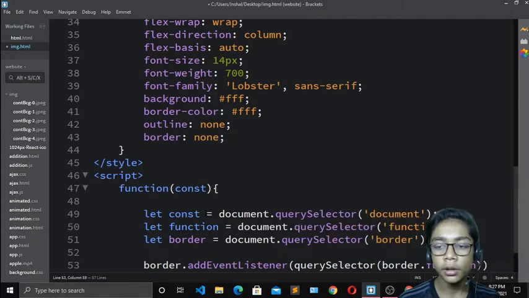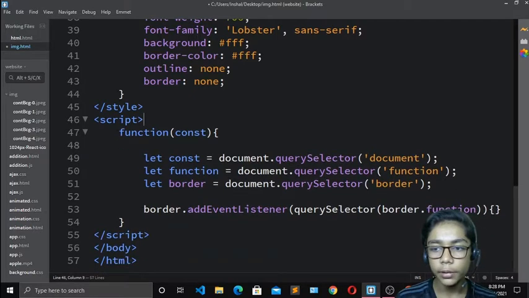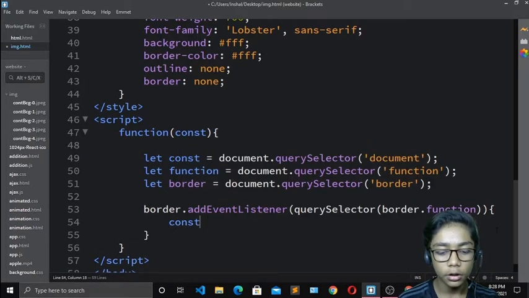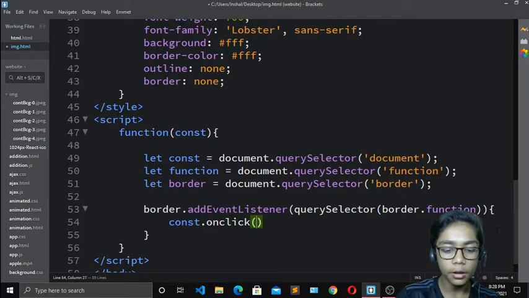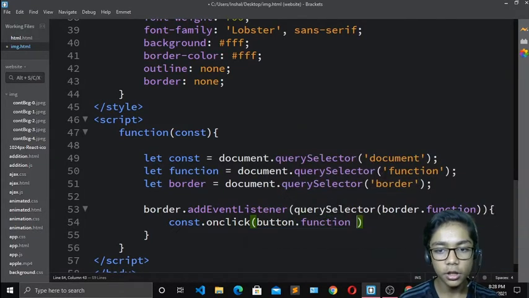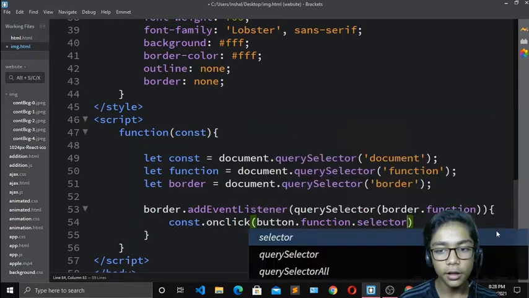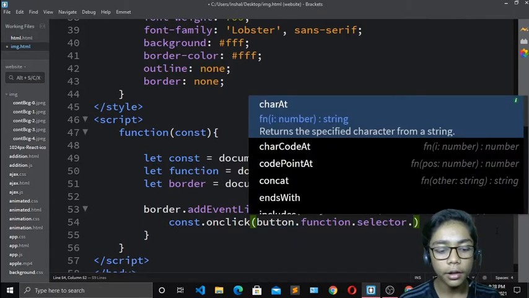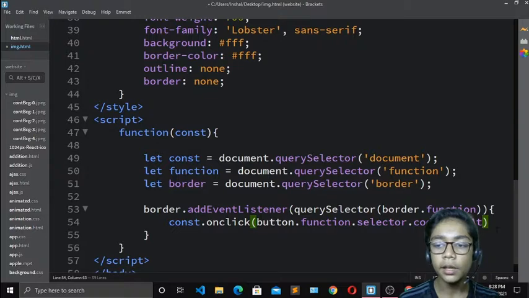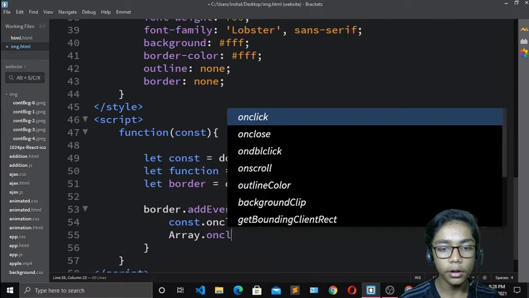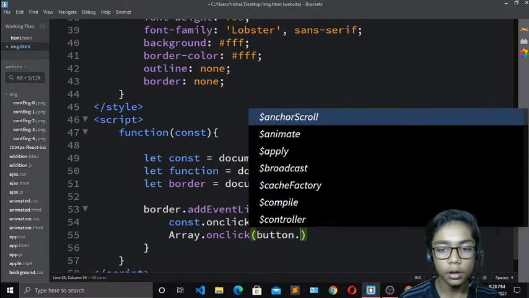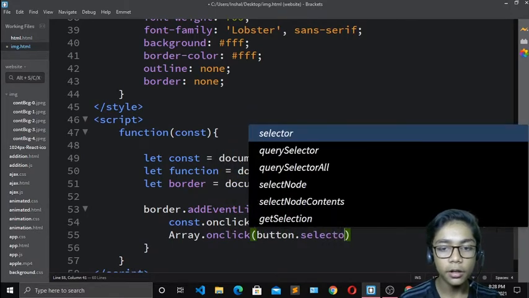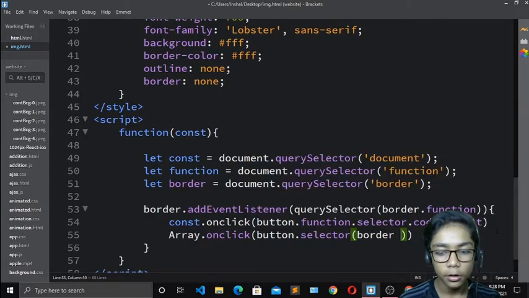Okay, so just come and write border dot function over here, and write C over here because the spelling should be correct. Okay, so now when you've done that, write over here the curly brackets and go down and press Ctrl Z over here, write const dot on click, and over here you have to write button dot function, write dot selector, and write over here dot, and I will write code point 80, and write over here array dot on click, and write button dot selector, and write over here like border dot on click again, and write dot floor.